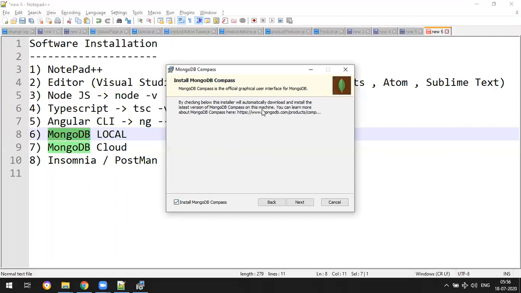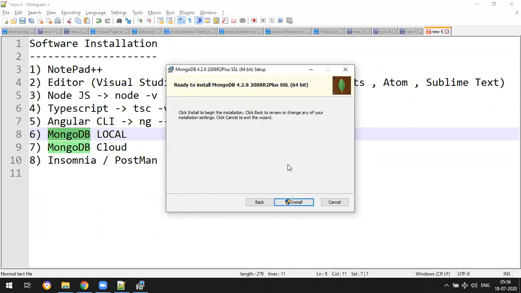But this was having some problems, even I faced. So my plan is we're going to install this Compass separately. So as of now, make sure you don't check this one. We're going to install the Compass last, separately. So don't check this and click on next and then ready to install.